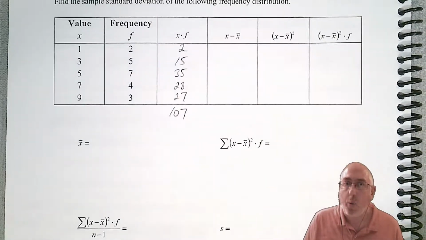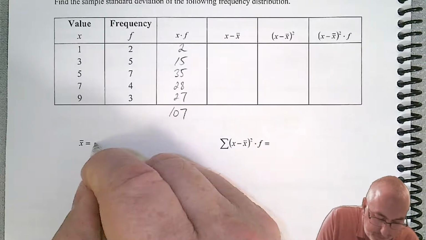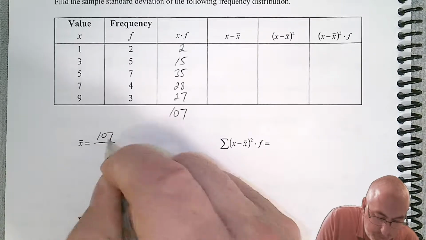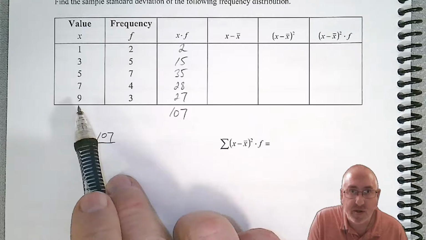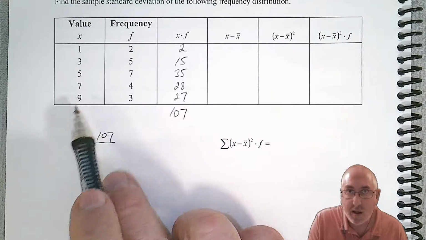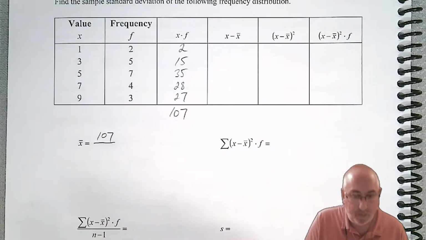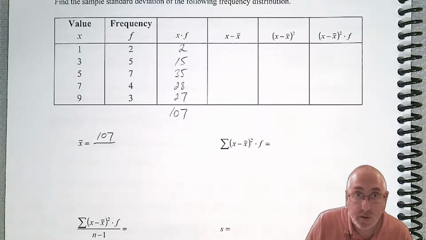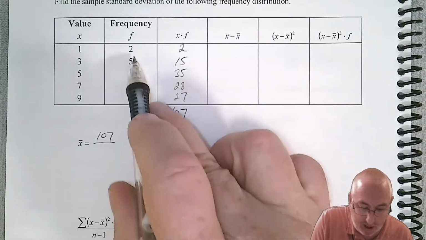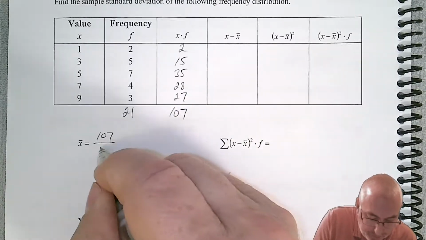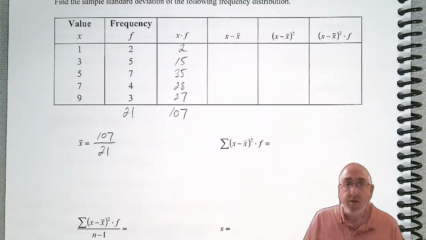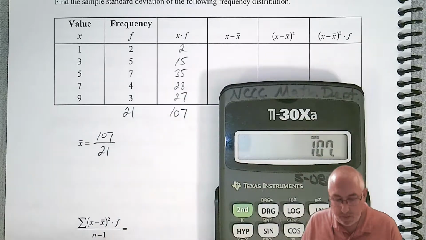And now, what do we want to divide that by? Now be careful. Don't say we want to divide by 5. There's more than 5 numbers in this list. So we want to make sure we account for all of them. So we have to add up the frequencies. So what do we have? 7, 7, and 7? Looks like 21. So if we divide this by 21,